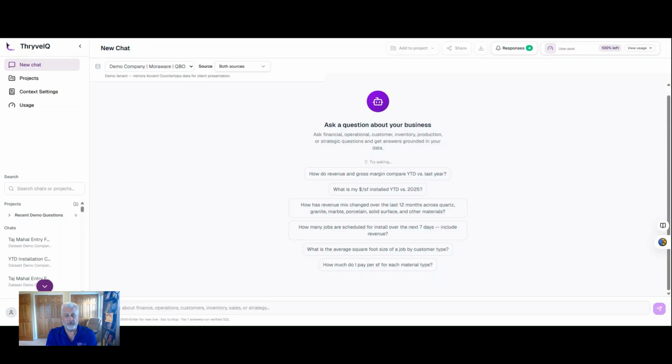So first things first, here is the screen. You launch it from any browser, especially your phone, desktop, whatever you'd like. And it has very much of a kind of a ChatGPT look. But what this is doing is it's taking only your data. So your Moreware data every 5 minutes, or Stone App in real time, QuickBooks data, Slabsmith data, HubSpot data, shared folders, employee information, puts them all into a data lake, and then allows simple questions, prompts to get answers out.